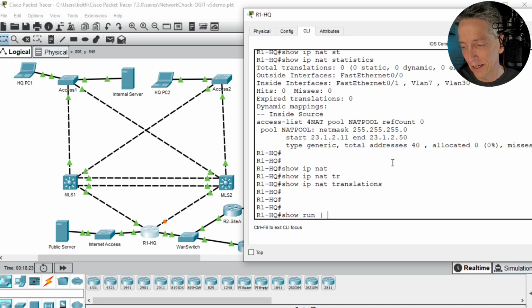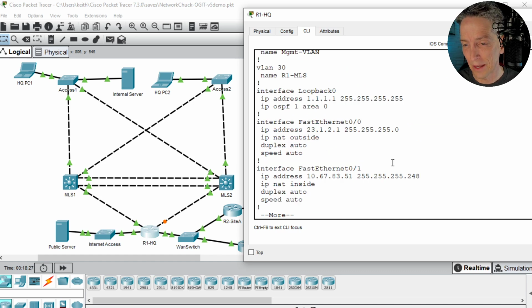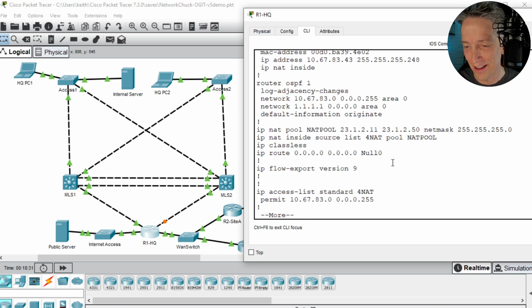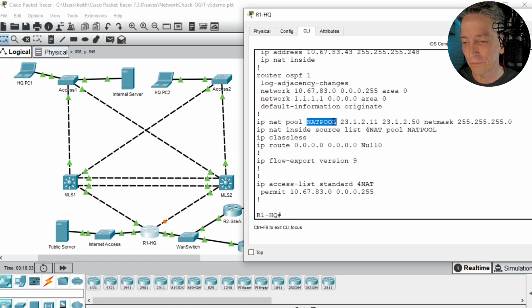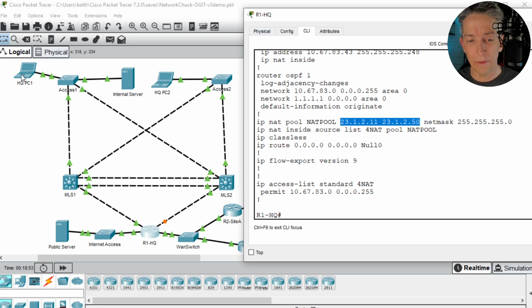But if we do a show run, let's look at the NAT section real quick. There we go. So here's our NAT pool, and there's the access list. We're calling on an access list that says if traffic matches 10.67.83 anything, it's going to be NATted into the pool called 4NAT, and that is the range for that pool right there. So if we went to a PC like this guy,